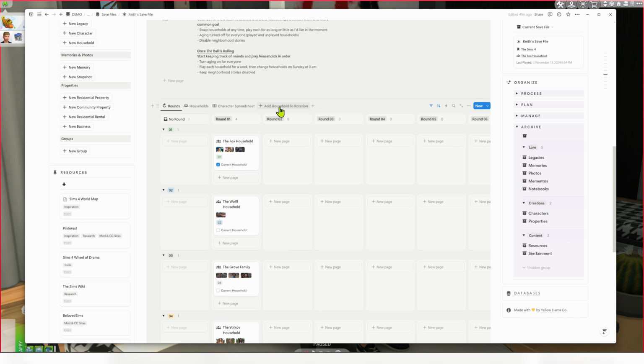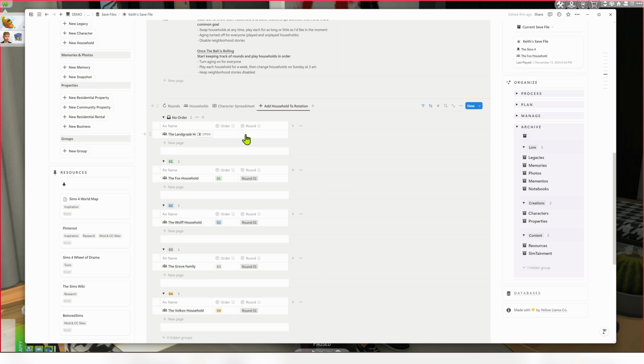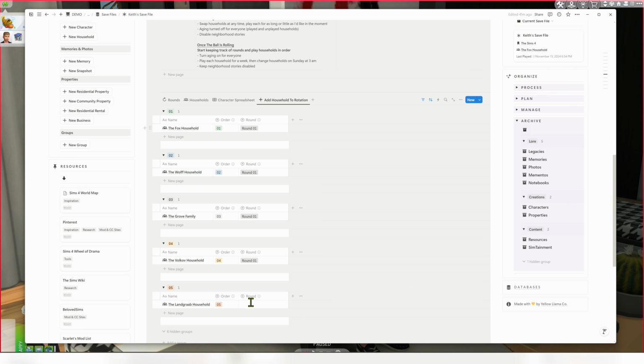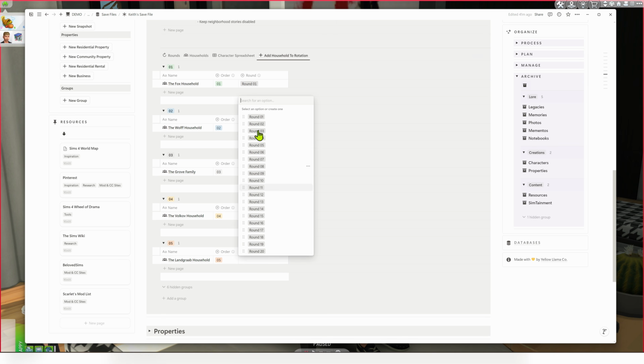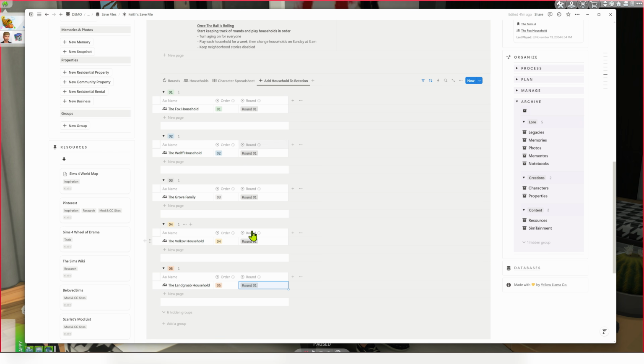So I'll do that here. They're the only other household I've saved in the save file, so I'll just add them. Order is number 5, so they're the last in this group, and then they'll also be in round 1. Now, this might already be enough households. I mean, 5 households for my taste is already quite a lot, so I might just leave it at that,